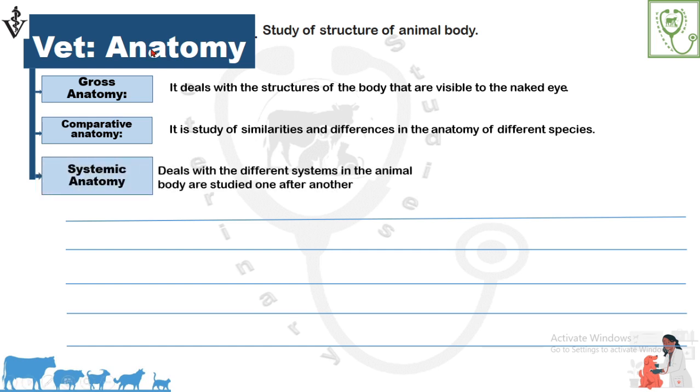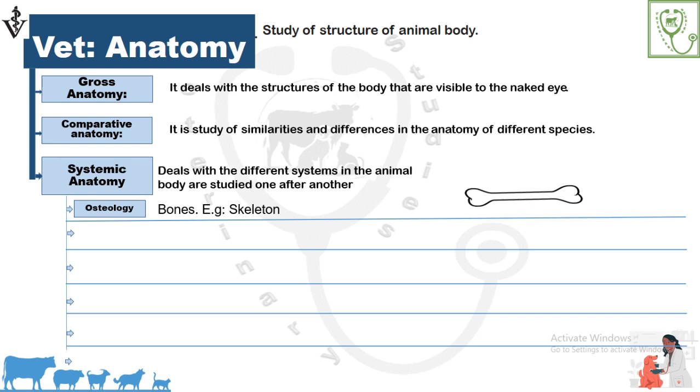Systemic anatomy. In this, we study the anatomy of the different systems of an animal body separately. Suppose we have selected the skeletal system for study, then we have to complete it first before going to the next system. So on the basis of the different systems of an animal body, systemic anatomy is divided into